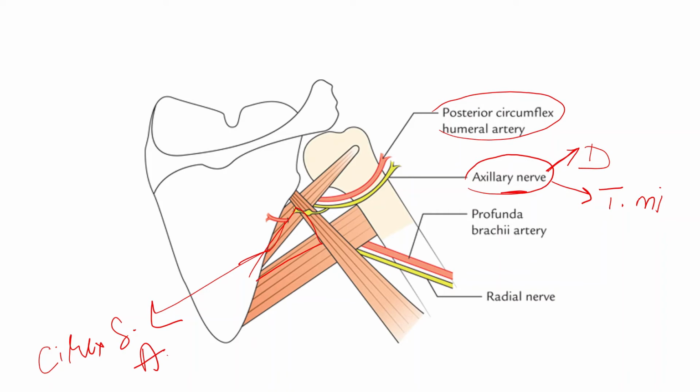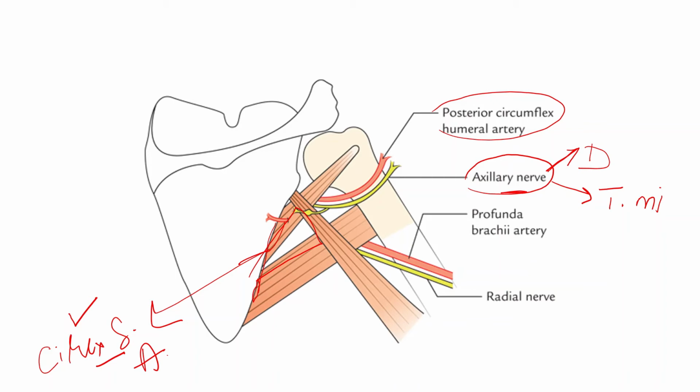space. The circumflex scapular artery is the branch of the subscapular artery, which is seen entering the upper triangular space, where it winds around this part of the scapula, that is the lateral border of the scapula, to take part in the scapular anastomosis. So this is about the content of the upper triangular space, that is the circumflex scapular. Circumflex scapular itself says, the word circumflex refers to winding around some bone.